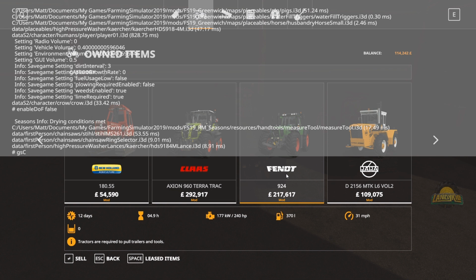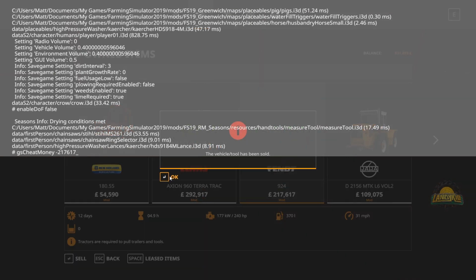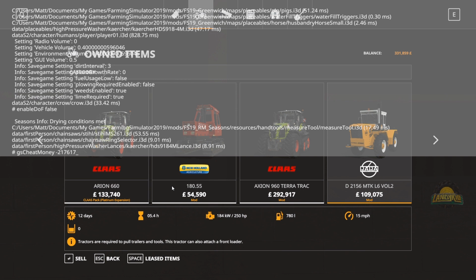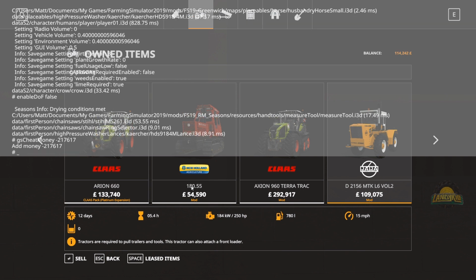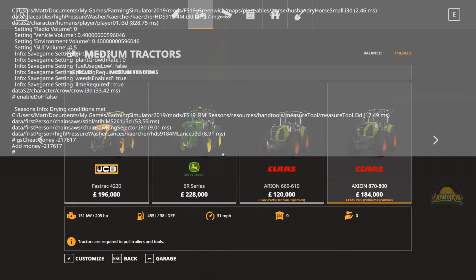GS capital C and 27617. All right, we'll sell that. Affirmative. Get rid of the money. And back out of that and go to, I think it's probably going to be medium tractors